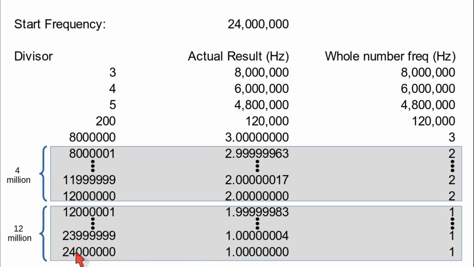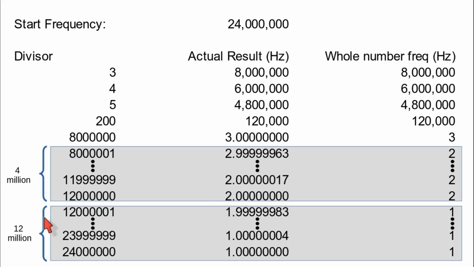But so do almost 12 million other divisors in the range from 12 million and 1 to 24 million. All you get is 1 hertz with different digits behind the decimal point, but unfortunately the GPS only accepts whole number frequencies in the message to change PPS, which leads to 12 million cases of just 1 hertz. The same is true for most of the higher divisors. The next 4 million divisors give you 4 million versions of 2 hertz. Just the two frequencies of 1 hertz and 2 hertz have already used up 16 million out of 24 million